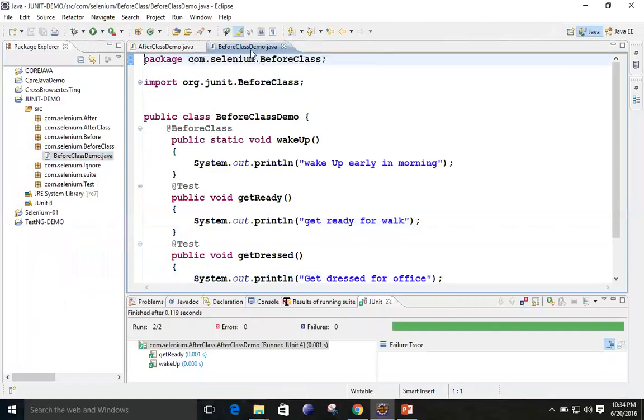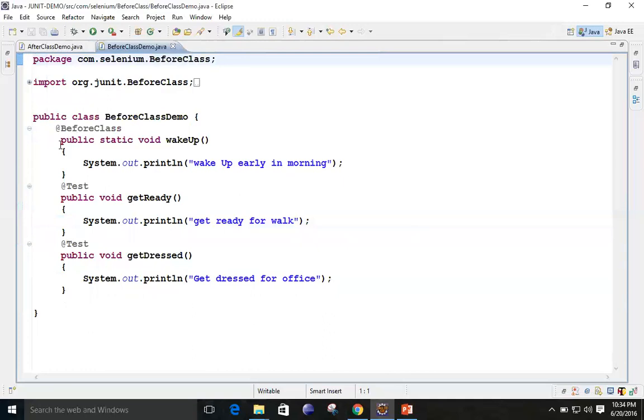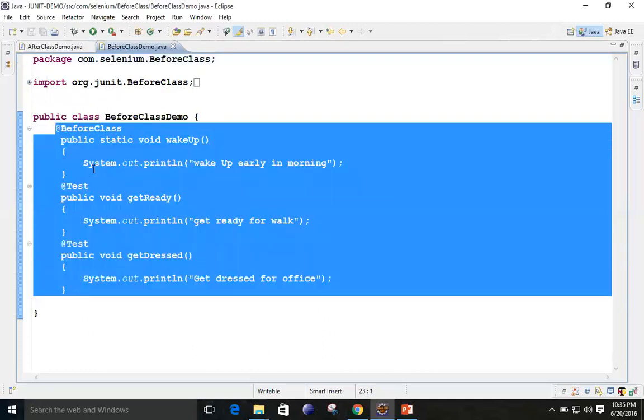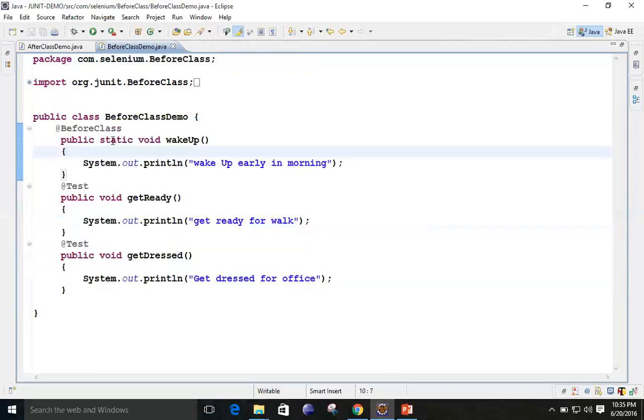You can see the before class demo here also. 3 test cases. But before is static. Before class is with the static. Simple before, if you write only @Before, there is no need to make that static. But if it is before class or after class, you need to make them static.